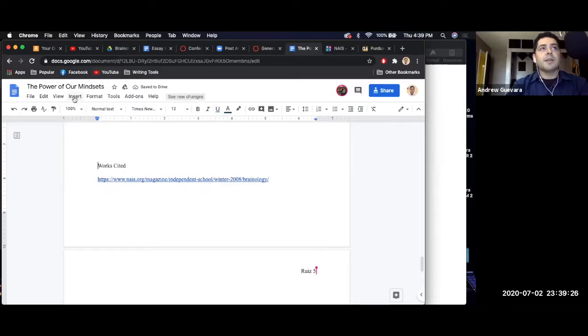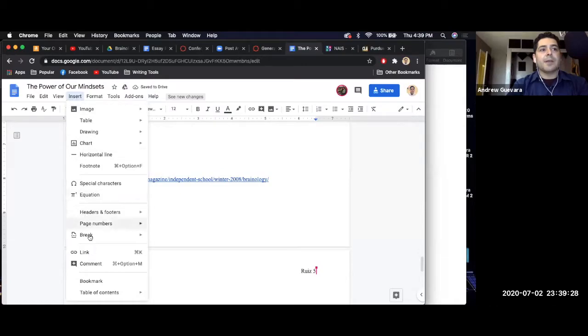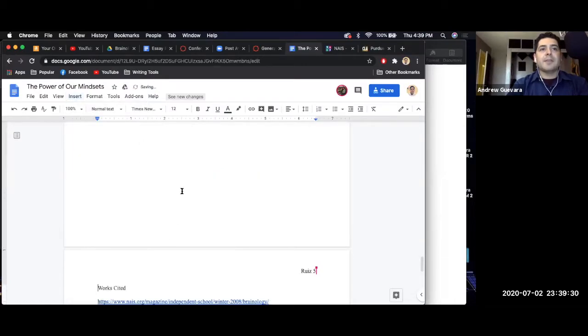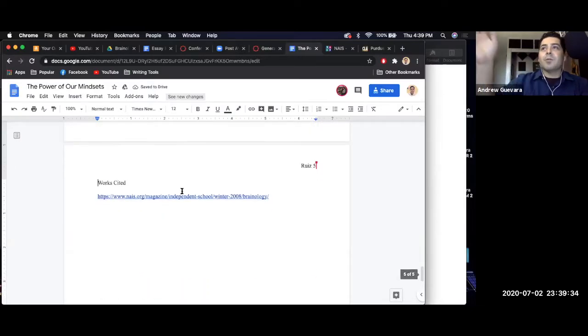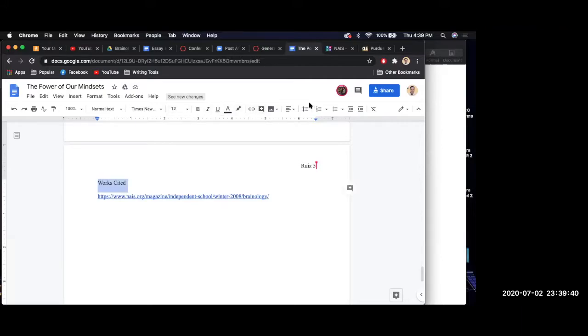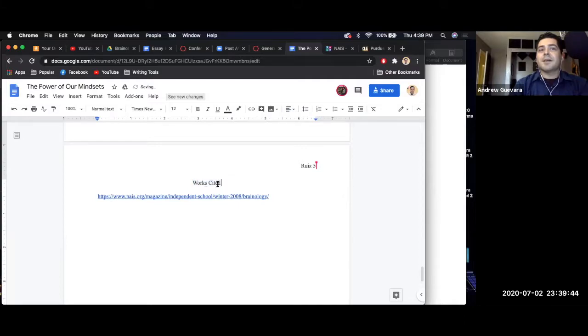So we're going to go to Insert and click Break, Page Break. And so that means that your works cited will always be on the last page of your writing. So even if you write more, it'll automatically put on a new page. That's kind of nice, right? Okay, so then we center your works cited, the title, and then over here we're going to do the